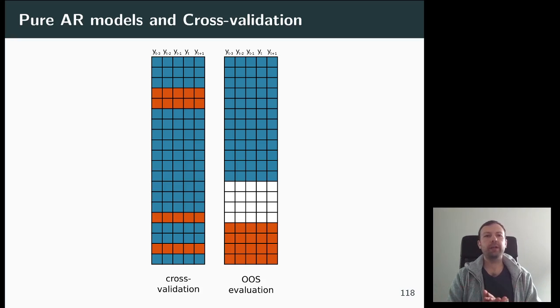It looks a bit different when we look at pure autoregressive models, because now think about it. You've done your windowing, you've embedded your time series into this matrix form. So now really nobody stops you from randomly partitioning your data into a training and a test set in this matrix. And certainly your method is going to work just fine. You just remove these rows from training, and a purely autoregressive model will work just fine.